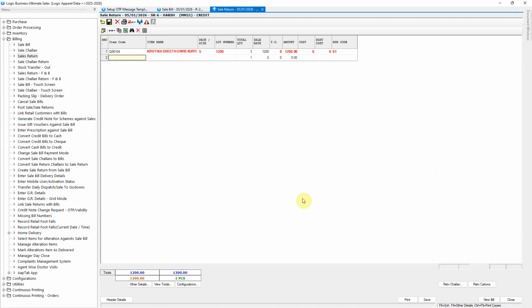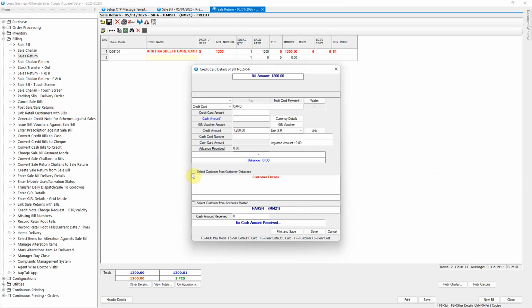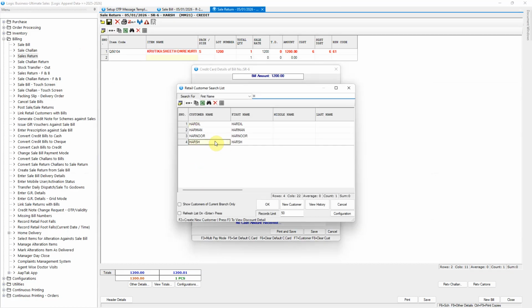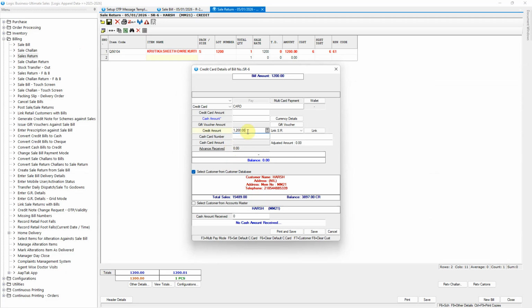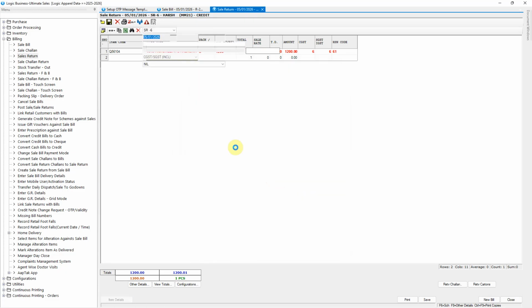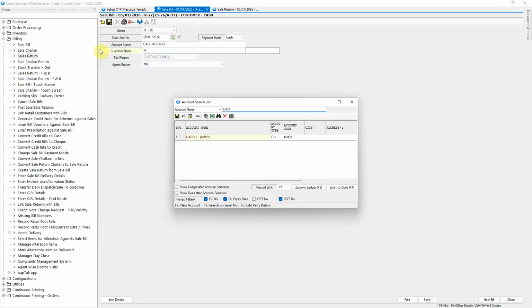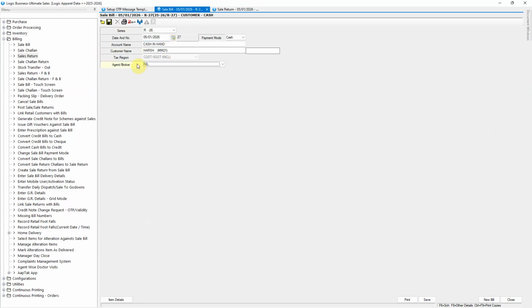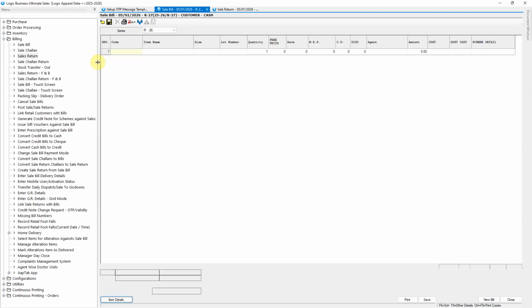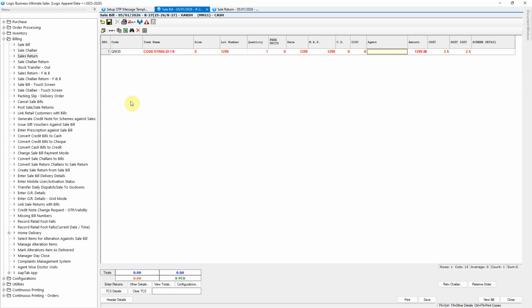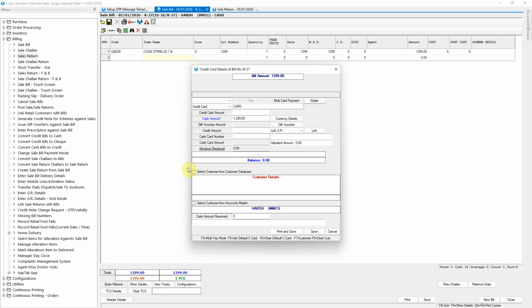This credit note is handed over to the customer so that it can be redeemed during a future visit, and the amount can be adjusted against a new bill. When the customer visits again, a new transaction is initiated. After the items are billed and the customer presents the credit note for settlement, press F3 key.